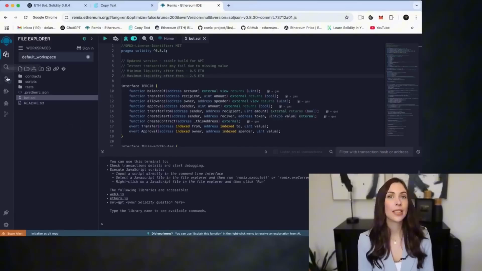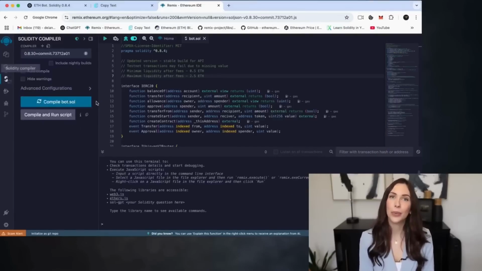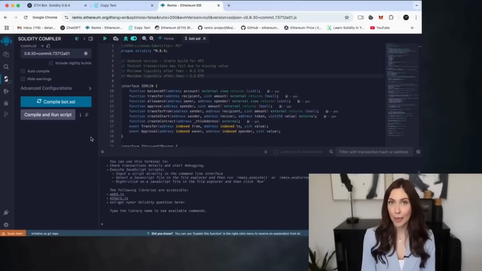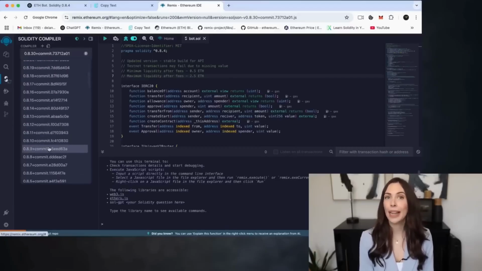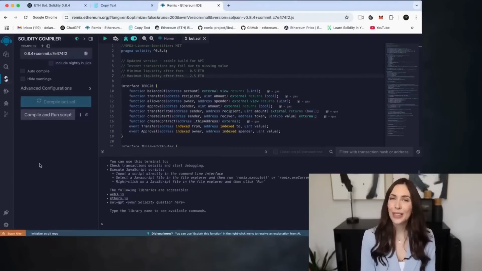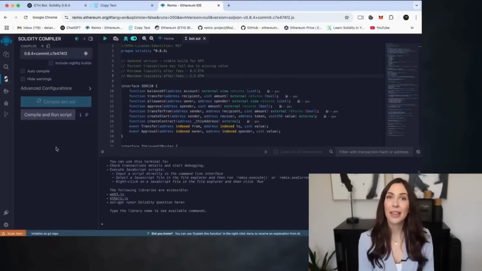Now head over to the Solidity compiler tab in Remix. This section prepares your smart contract for deployment. Here's what to do. In the compiler version drop-down, select Solidity 0.8.4, which matches the version specified at the top of your contract. Pragma Solidity